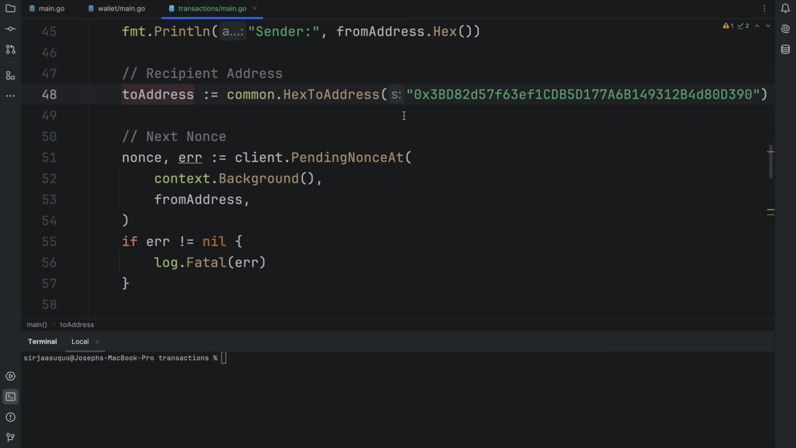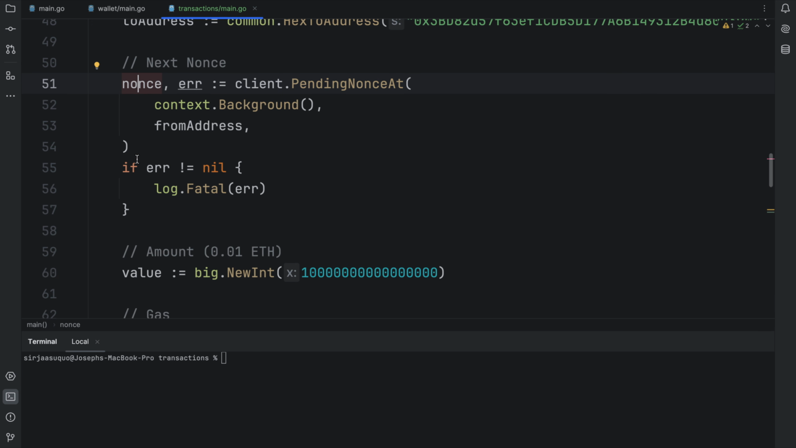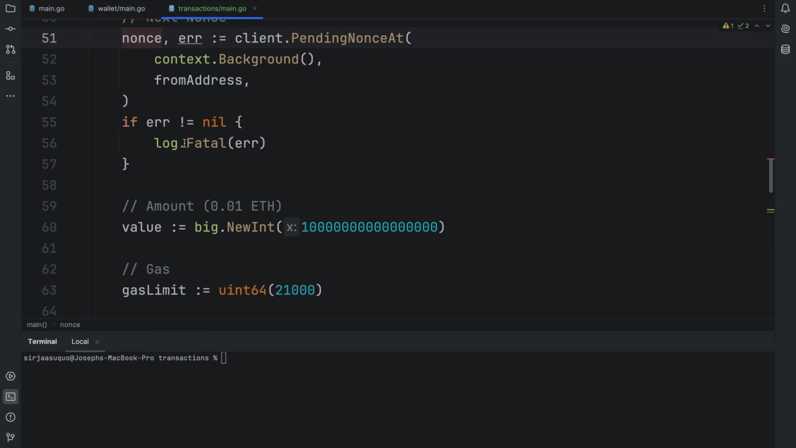So again, like I said, from your from address you can get the nonce. The nonce is the number of transactions that have occurred on that address. So you're trying to get the nonce, because that's the next transaction that is supposed to occur on that address. That's why you're sending your from address to get your next nonce, right? This is your next nonce, and from that,